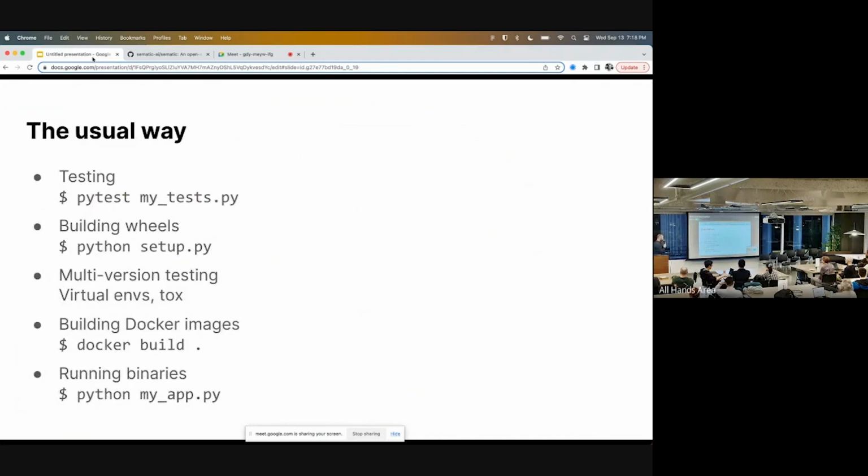So this is the usual way to do things: when you want to test, you run your test, pytest. If you want to build your wheel, you just run python setup.py. If you want to test with multiple Python versions, you use Tox or different virtual environments that may depend on what machine you're on and so on. If you want to build Docker images, docker build, and so on. This is the usual way that things are being done,